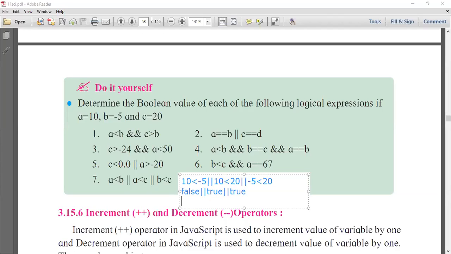Okay, so false means 0 plus true means 1 plus true means 1. Here 1 plus 1 means 1 carry 1. So answer is 1, that is true. Okay, in binary numbers, 1 plus 1 means 1 carry 1. Answer is 1, and we have to carry 1 to the next calculation. So answer is 1. So here you can see it is true. Okay, so here is a true answer. Very good.